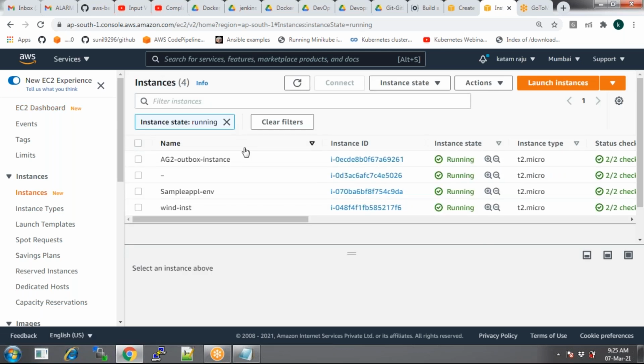What was the topic? Auto scaling. So what does auto scaling mean? If an instance is stopped, then I want to launch another instance. Let me show you an example. We are not discussing auto scaling concepts over here, I'm just giving you an idea how auto scaling works.